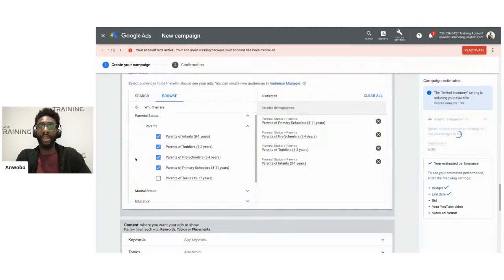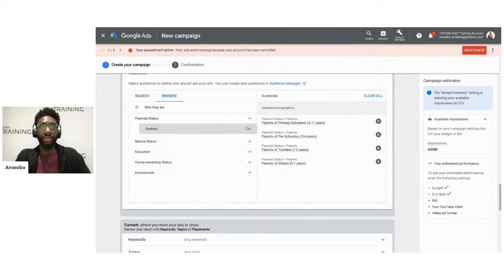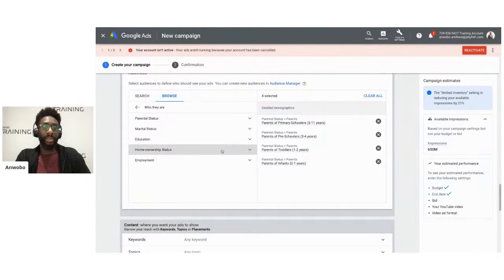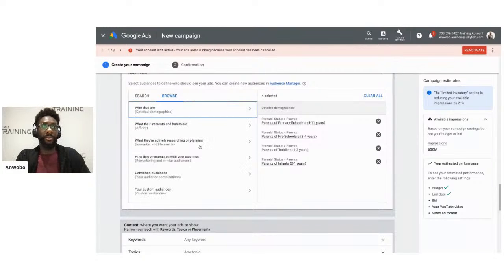I think that's about a good age there for me to target. Anyone who's a parent of children of that sort of age, I want to target them with my Disney holidays ad. I'm not that fussed about their marital status or their education or anything else like that. That's the important parts for me to target there.